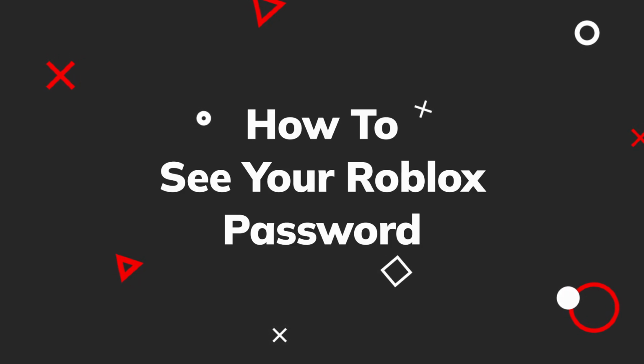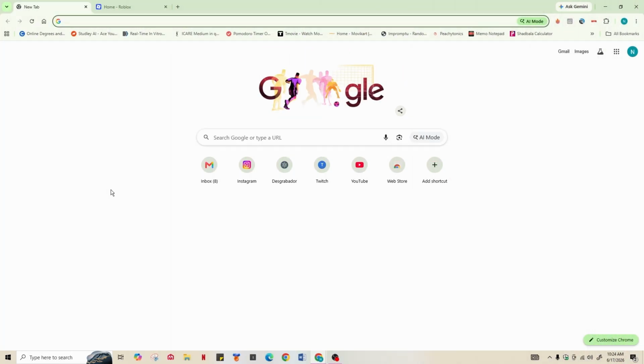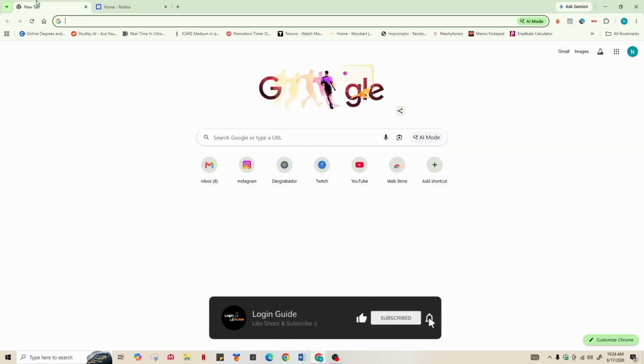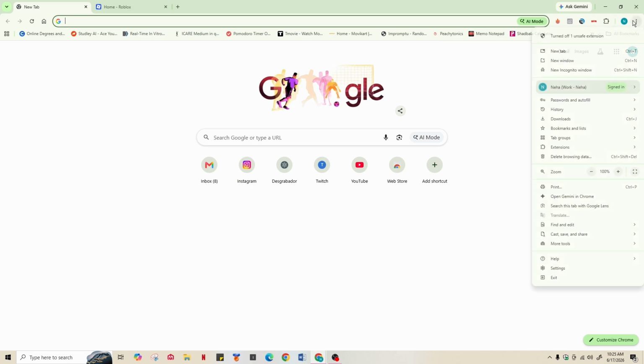In this video, I'm going to explain how to find or recover your forgotten Roblox password. So if you're using your web browser, you need to go to roblox.com and log into your specific account as well. So if you're using a web browser, tap on the three dots in the top right corner and go